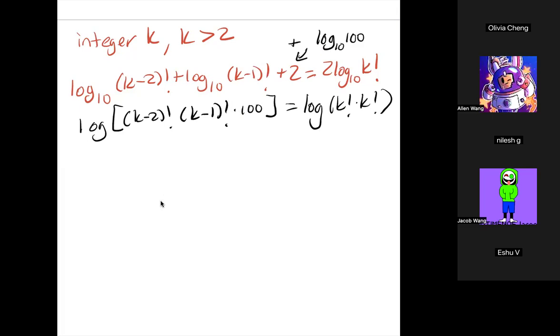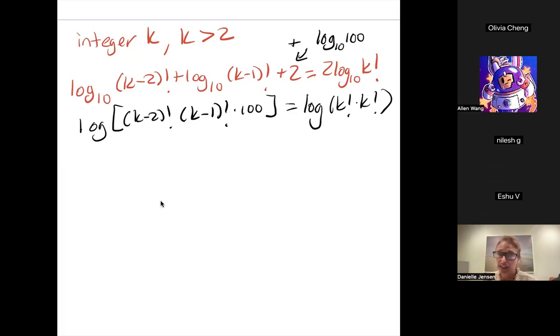But wait, is the whole log being factorial or just what's inside? Just inside, oh, k factorial. Okay. Otherwise, there would be parentheses around the log base 10 of k. So the only thing that's the factorial is inside that value of k, or k minus 2, inside the log. Okay, thank you. So actually I'll just write this step just so people don't get confused. So basically now I can set the insides equal to each other. I'm going to put the 100 in front. Equals k,